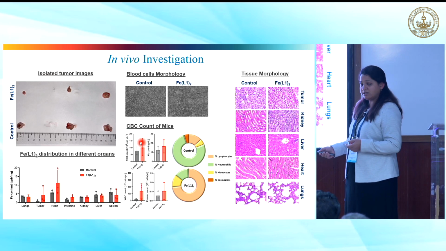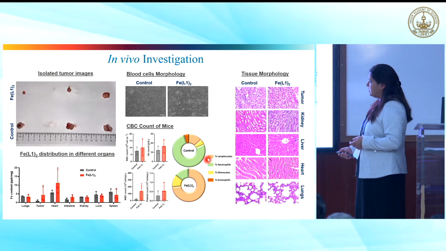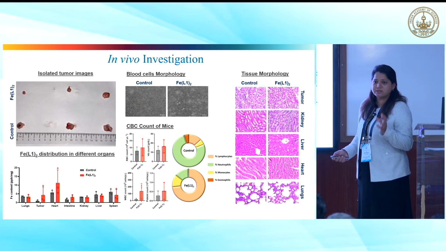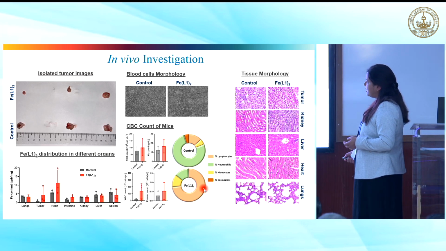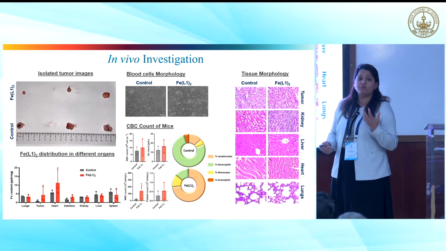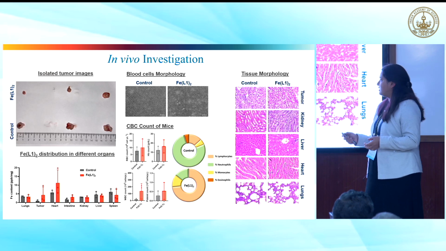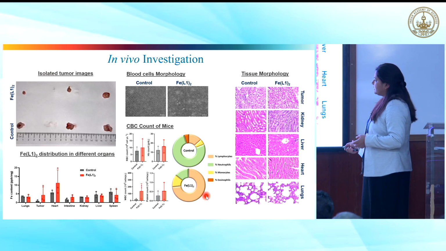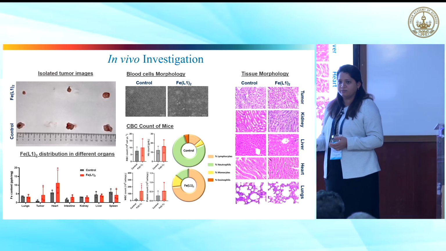Now, one interesting thing over here is that this is the control where our iron complex is not treated, and this is the iron complex which we synthesized, which is treated. If you see the amount of lymphocytes compared to the control, lymphocytes were the cells which we want to be recruited if we want immune induction to be there. Their recruitment has happened, indicating that we have been successfully able to convert the cold tumor.